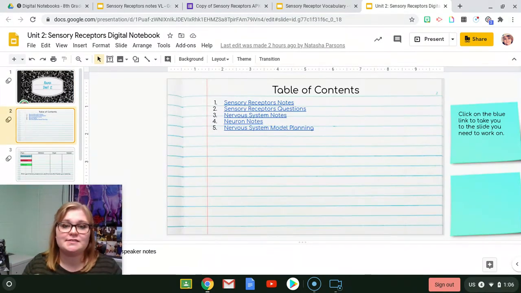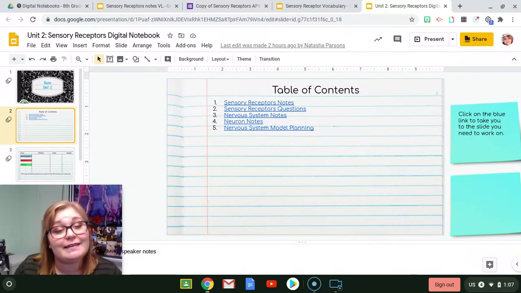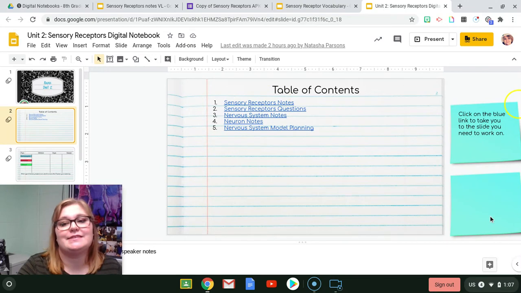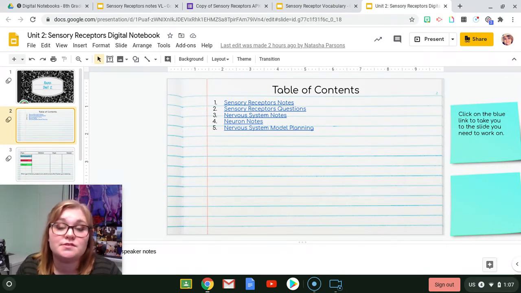The very second slide is a table of contents. All of these are clickable links. They're highlighted blue for a reason. If anything is highlighted blue and underlined like that, that means it has the ability to be clicked. Over here on the right-hand side will always be two blue Post-it notes, and those notes are going to stay there. They're going to change depending on the assignments, but